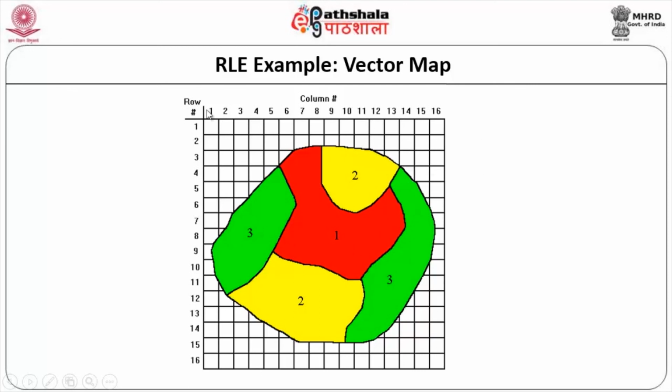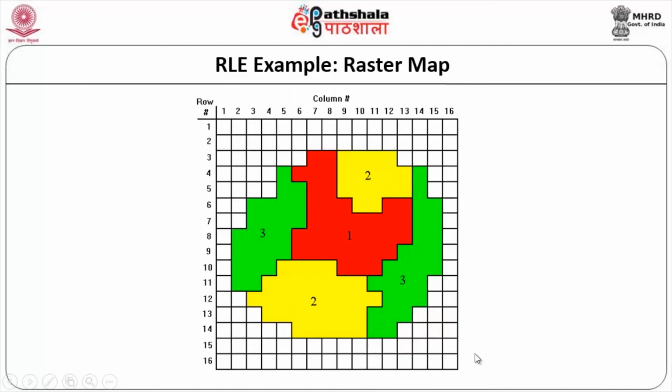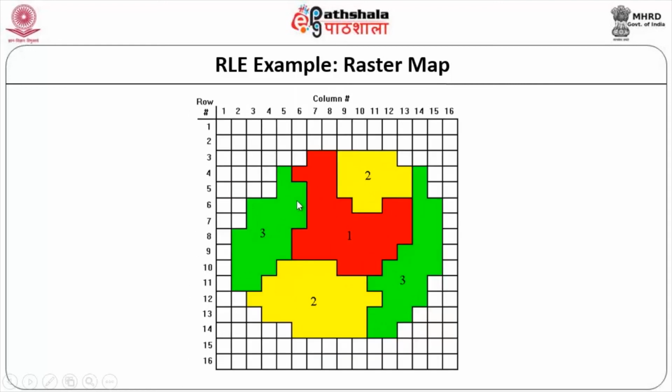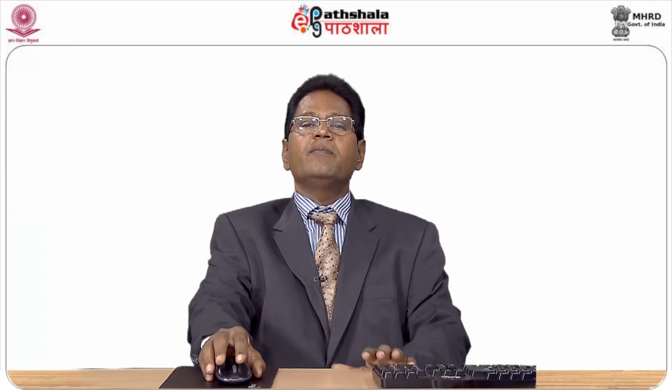The same map, if I show it in the form of a grid, see what happens. It goes like this, and this data again, we can see the difference: how smooth it is here and how coarse it has become. As I was already telling you, based on the size of the cell, you can improve the smoothness of the particular object. So, just because the cell size is slightly bigger, it appears more coarse here, almost rectangular and square type. When you improve the cell size, then it will become smoother.